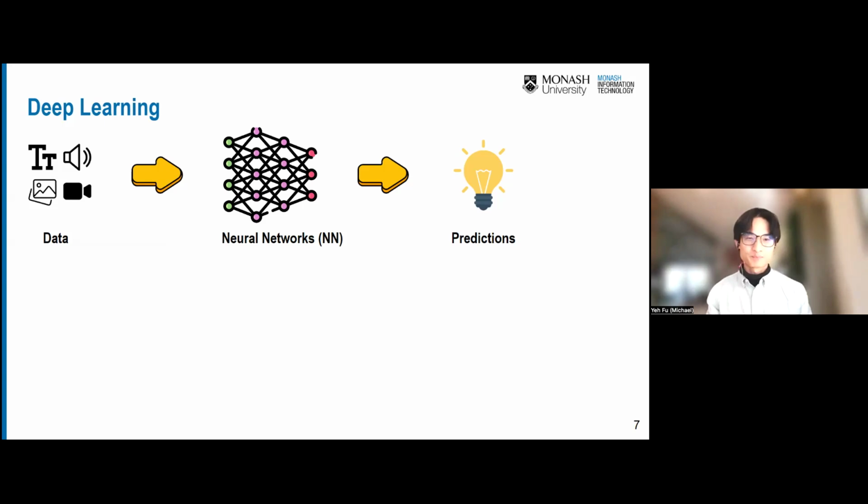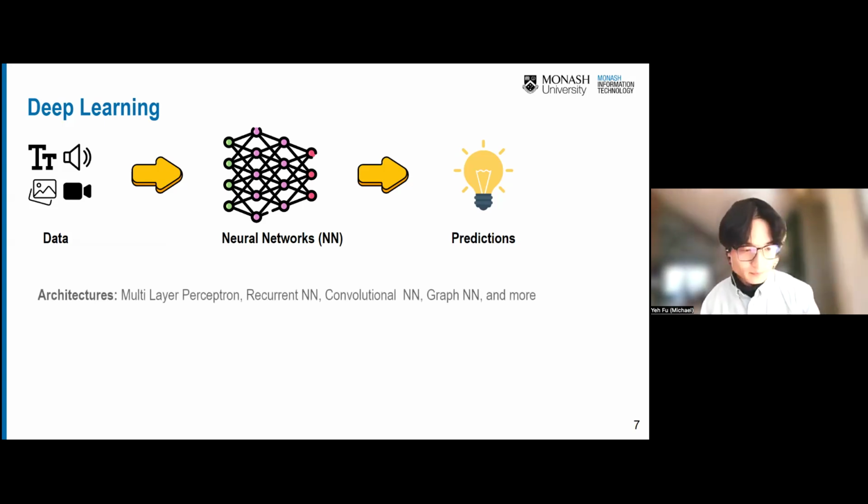It's actually a very complex black box process, what neural networks do in the middle. And it's also one of the research fields to explain why the neural networks generate such a prediction. But I would say it's really complex and challenging work. As for the architectures we have for neural networks, we have multi-layer perceptron, recurrent neural net, convolutional neural net, and graph neural net. In most cases, the recurrent neural nets are for text data. The convolutional and graph ones are for graph data like image and video.